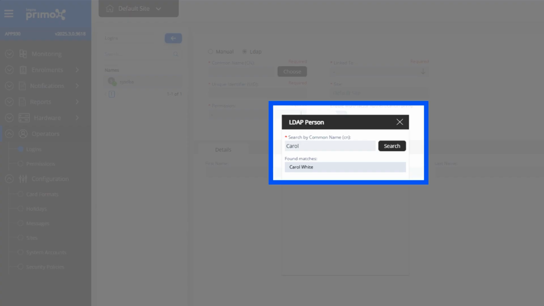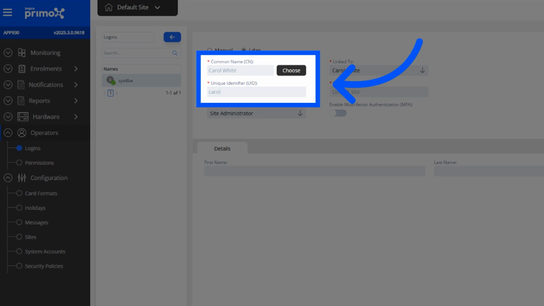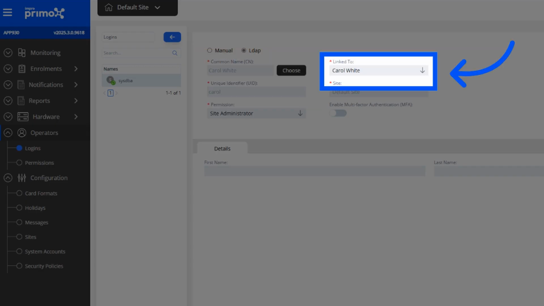Clicking the Choose button allows us to search a list of LDAP common names for Carol White. Selecting Carol White as the common name auto-populates the unique identifier field with Carol. Even though Carol's account will be authenticated using LDAP, her operator account still needs to be linked to a credential holder